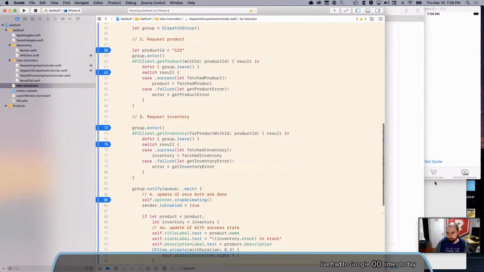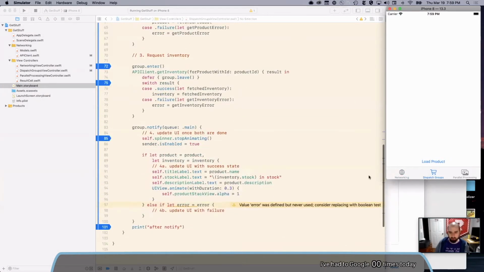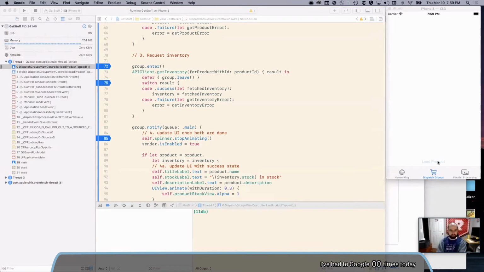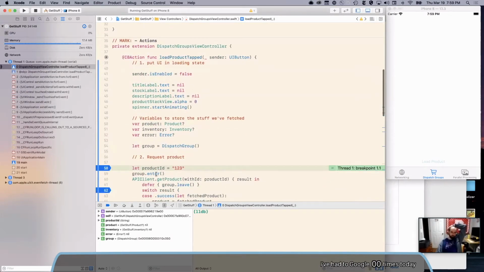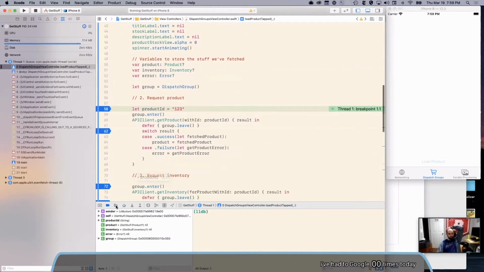Okay, so we are at the point where we wanted to run this, and we're looking at breakpoints. First things first, we hit our button, and after all our setup, this is the first breakpoint that we hit. For those not familiar with breakpoints, this button here, step over, the little arrow jumping over a thing, will just jump to the next line. So if I click that, it just goes to the next line. And the one that looks like a sideways eject button is continue, basically resume the program until the next breakpoint is hit. So that's the one I'm going to click, continue program.